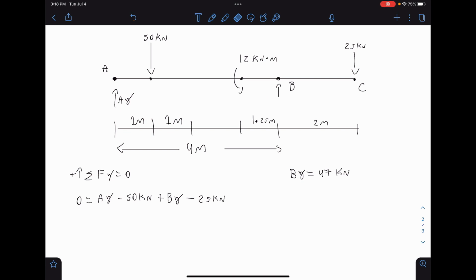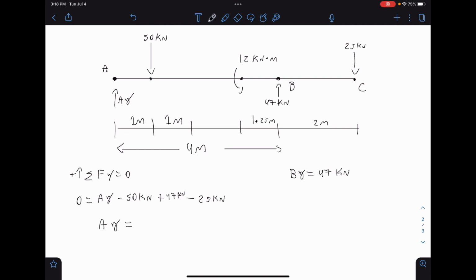So let's replace that on our free body diagram. 47 now. Oh, that's terrible. And now we only have one unknown, right? So let's replace that in our equation here. 47. So solving for Ay